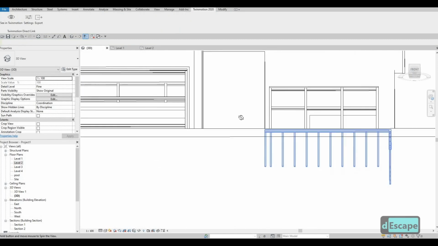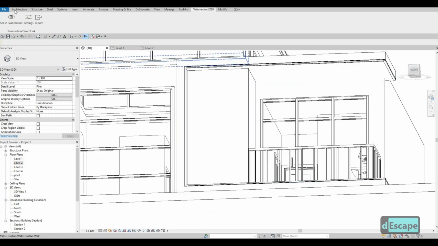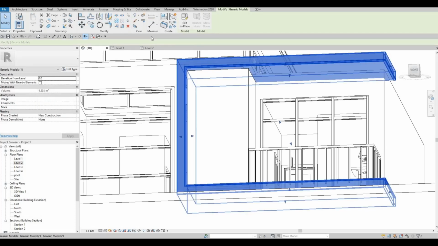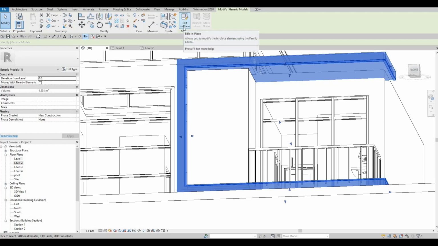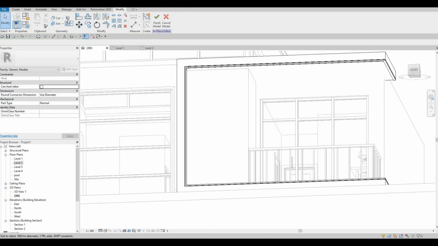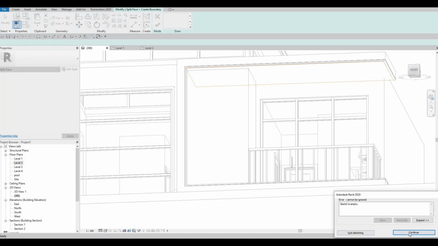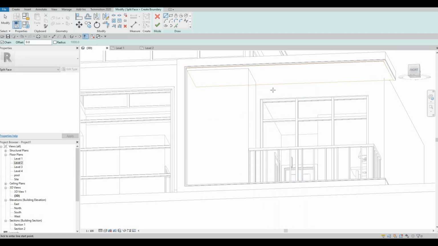And what we could do is we could use modify, and then this is an extrusion, so I'm gonna click that, edit in place, and then here we need to split face. I'm gonna split face this, the one at the top, and then after that click finish, continue,